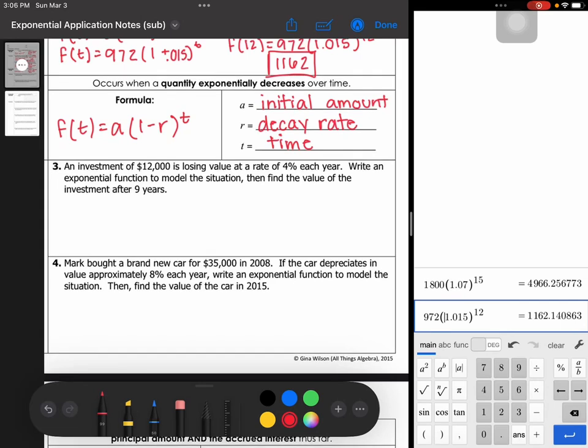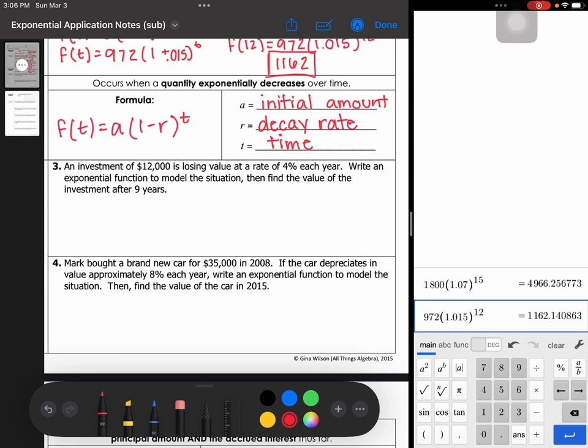A lot of times these are examples like the depreciation of an asset over time. So if you buy a car or a motorcycle or something, it loses value over time, and that's called depreciation. Or maybe an investment losing value, or even the population of a town decreasing over time. If it's maybe a rural area and people are moving away into the cities, that could be an exponential decay